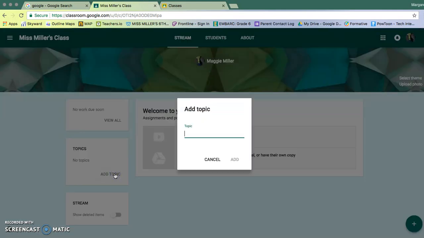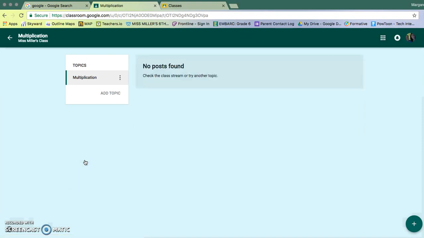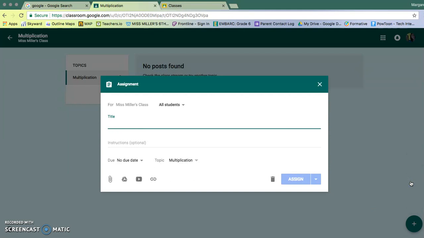So I'm going to make a topic and I'm going to name it multiplication. Now, anything that I want to do with multiplication, I can put under this. So I'm going to add something to my post. So I can create an assignment, create an announcement, create a question, or I can reuse posts from another classroom. So I'm going to press create an assignment. So now I can name my assignment